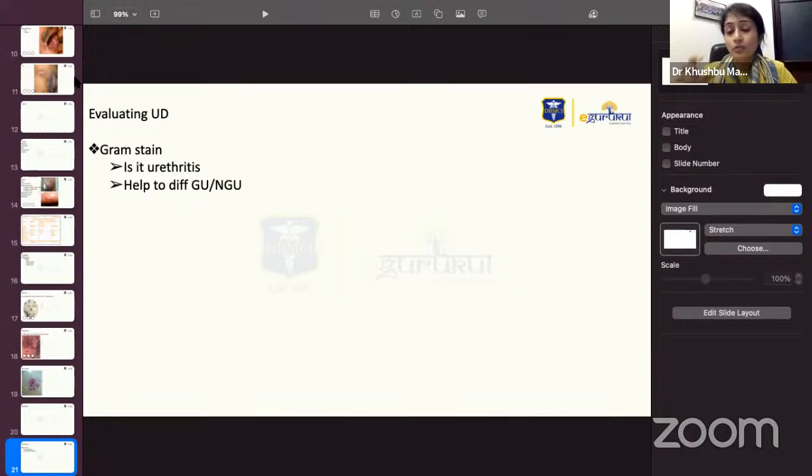So even when they give you an image, you can make out it's a very yellow discharge, it's a very profuse discharge, it's a very thick discharge. So, okay,